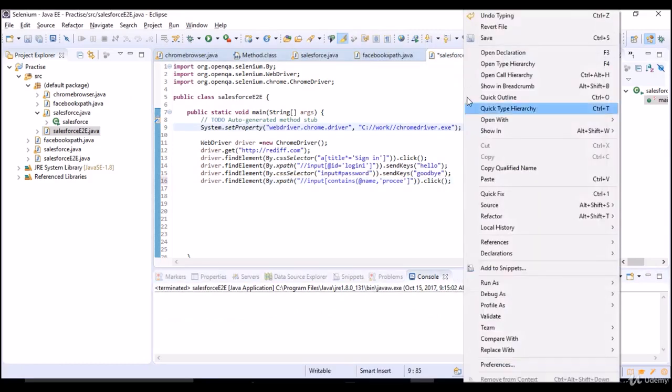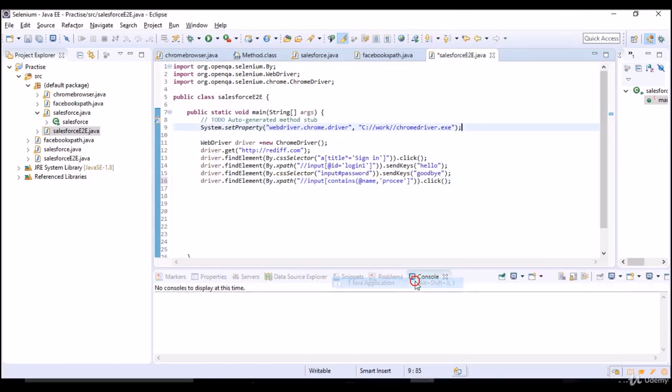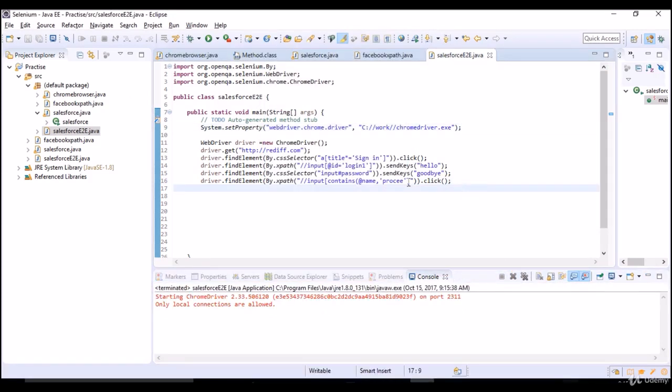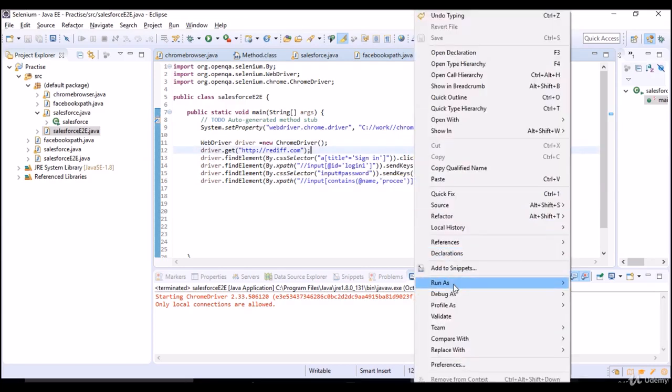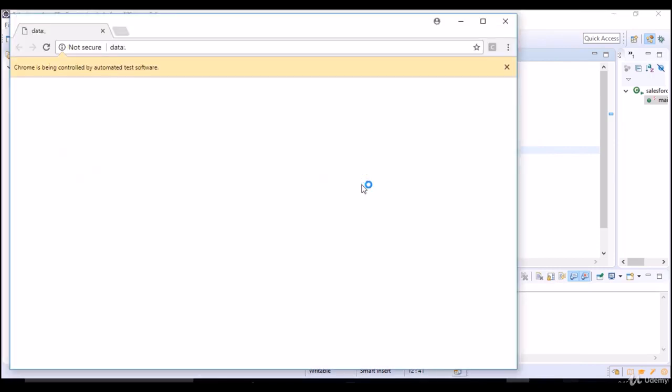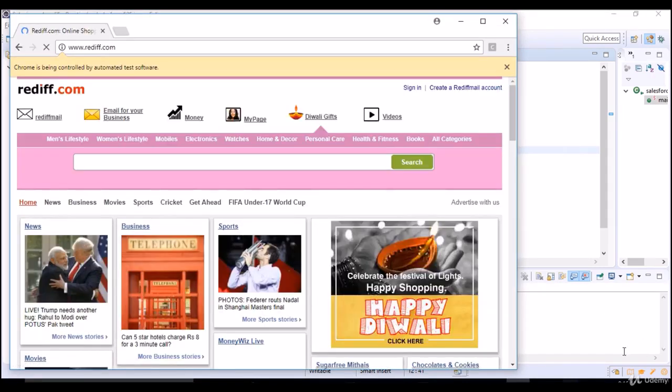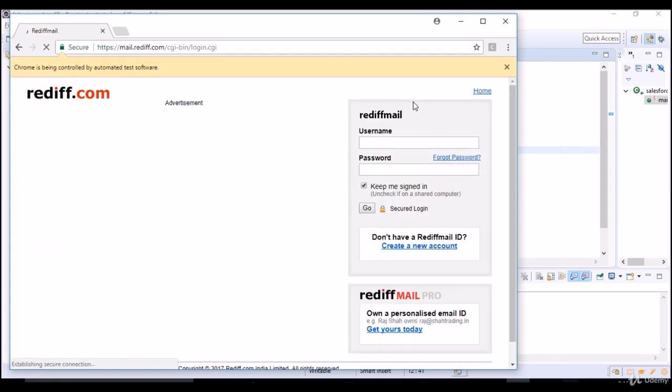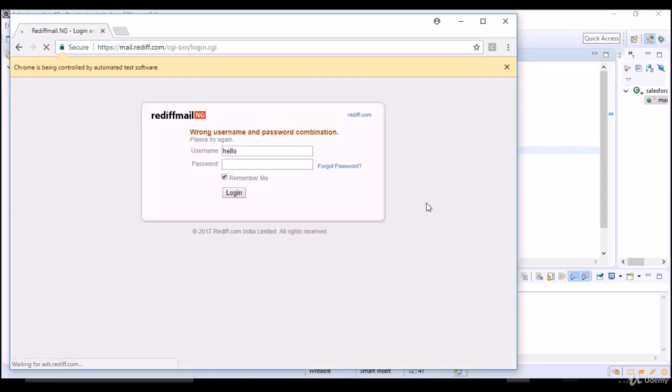Okay, so run as Java application. Click on OK. Oh wait, one second. Syntax is wrong here. When you open this bracket, you have to close this, right? You missed it. Then it will throw an invalid syntax error. So now it is correct. Let me run now. You should be careful about these closing and opening brackets. That will give you an error. But if you get an error, by just seeing the logs you will understand that it's a syntax error and you can fix it. You see that it clicked on the sign in button, entered username, password, and clicked on the go button so that you are in this page.